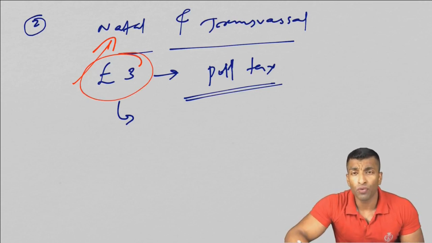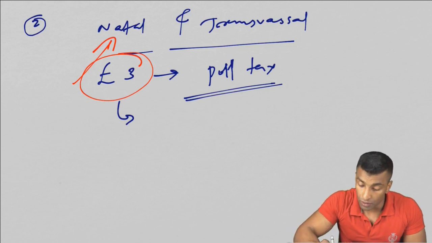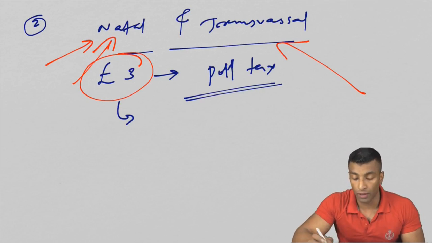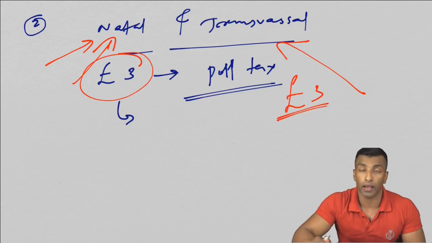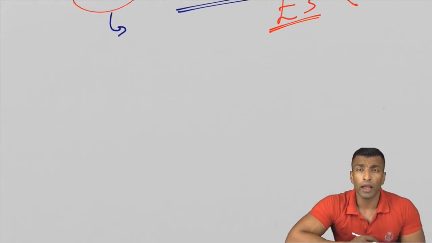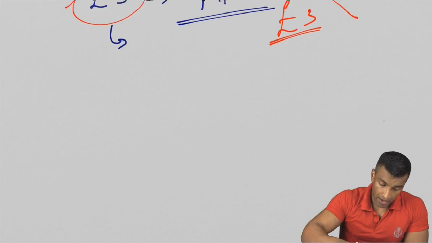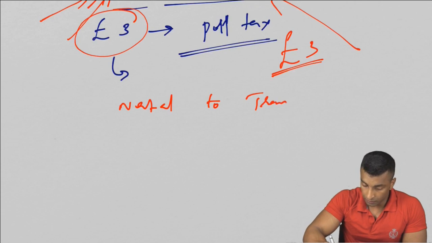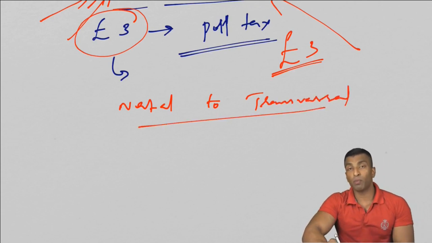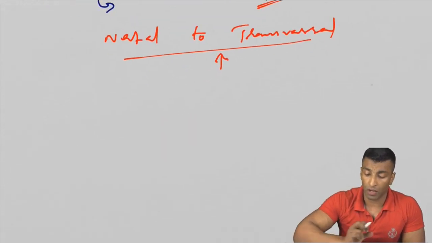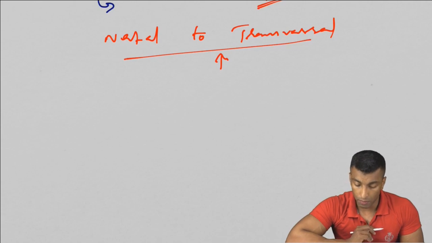And if you feel like migrating to another province after you settled here, you have to pay the tax again. Okay, so this £3 you have to pay again. So that is actually a controversy, and that was again to exploit the ex-indentured labor. So Gandhi took up this issue. Gandhi migrated from Natal to Transvaal, and he went without paying taxes. Without paying poll tax, he migrated, and ultimately the British government withdrew this poll tax also.